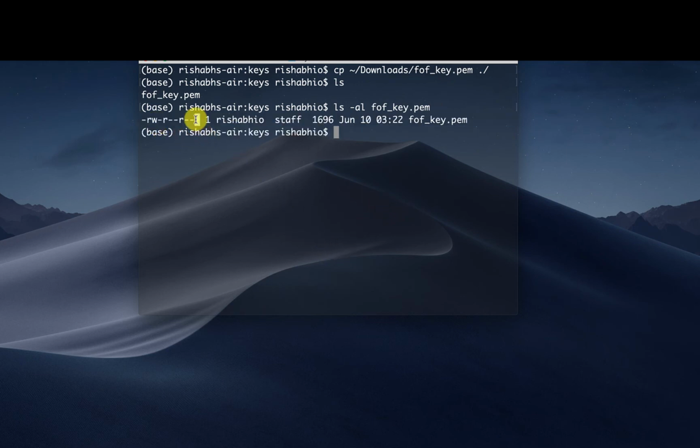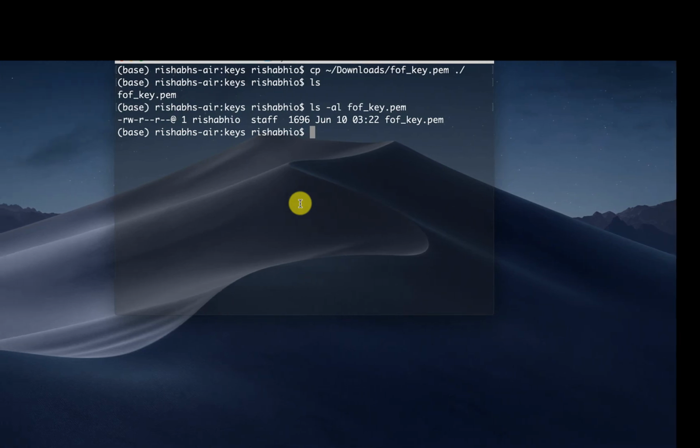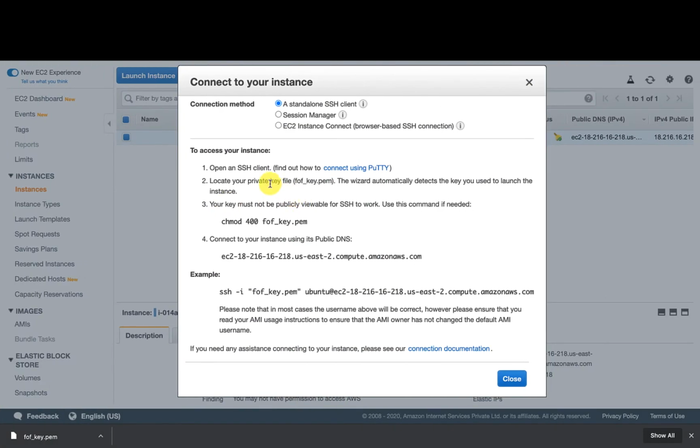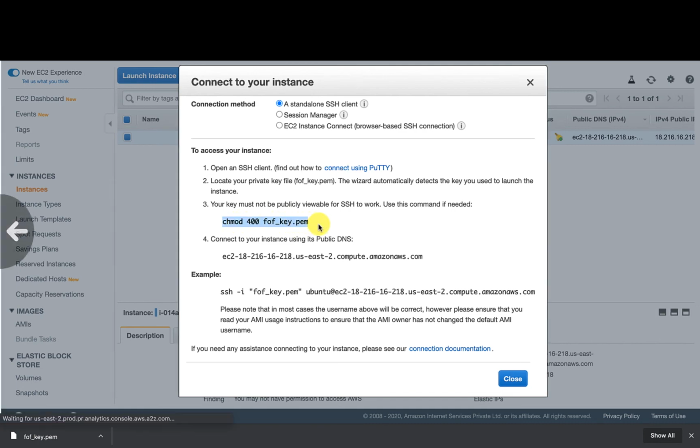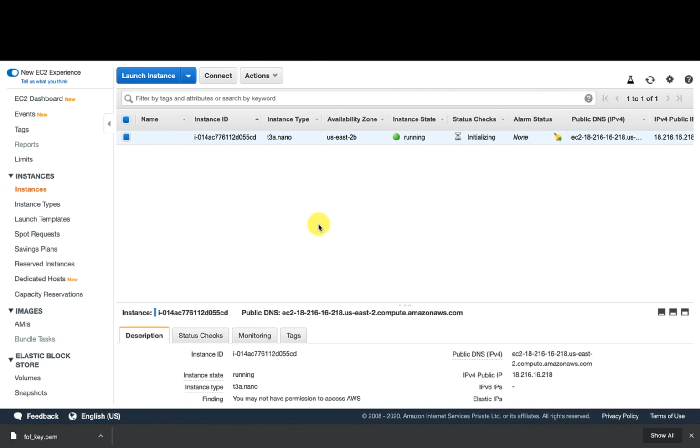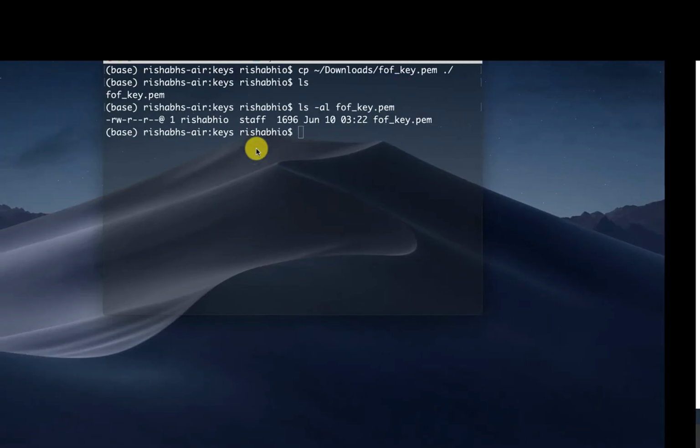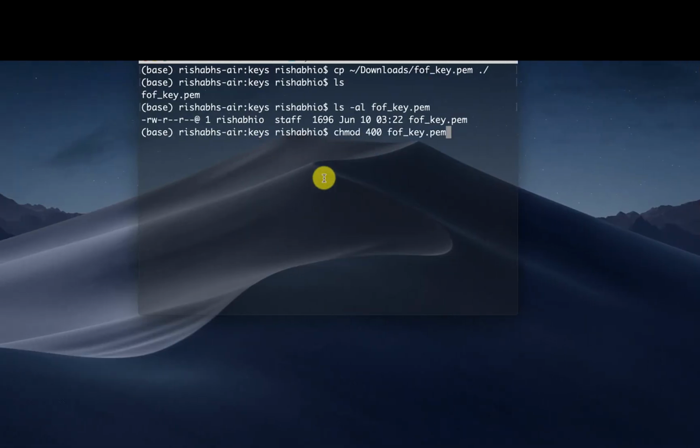So the current permissions won't allow us. We have to run this command, that is chmod 400 fofkey.pen. I'll just paste it. Okay, so we have given the required permissions to the key.